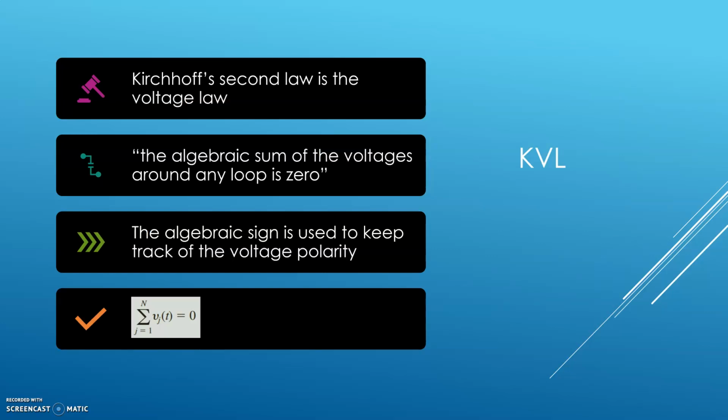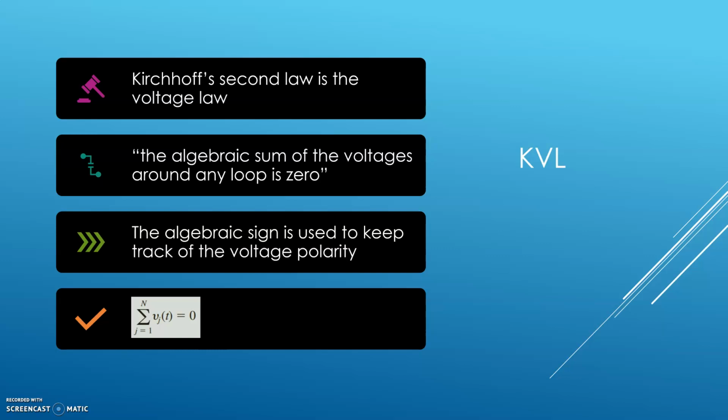Kirchhoff's second law is the voltage law. It says that the algebraic sum of the voltages around any loop is 0. So, a lot like his first law, except it deals with voltages in a loop instead of currents in a node. And in the first law, the algebraic sign was used to keep track of whether the currents were entering